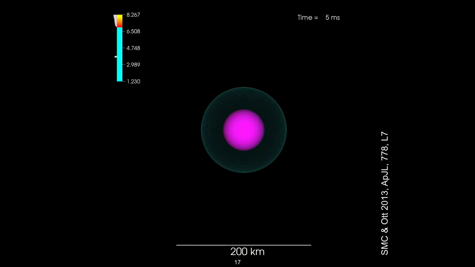So we know these things blow up all the time. We see it every day. But theoretically, for 50 years, we haven't been able to figure out the why, right? We know it does, but we just don't know why. What's the physical mechanism behind the core collapse supernova explosion? And so these are the types of simulations that we do.